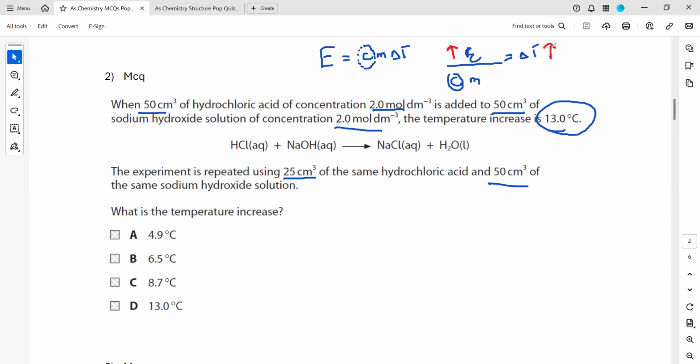It is directly proportional. And how is energy related? Energy is related to moles. If you use more moles of a substance, we'll have a greater amount of energy release and there will be a greater change in temperature. And it is inversely proportional to the mass. If you use a large volume of a solution,